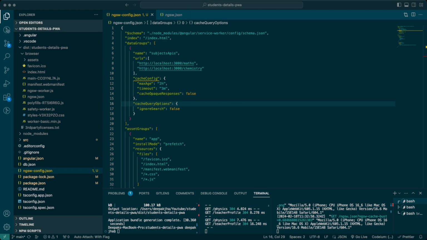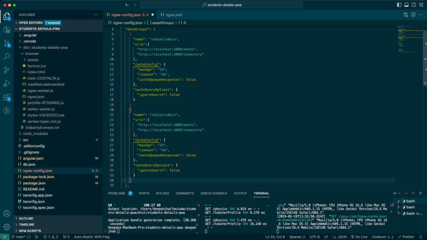Let me take you there. Now, if you notice again, it's a data group. Under data group, there is a subjects API. Let's say I were to duplicate it into another one. So let's say make it subjects APIs 2, save it, and let's say make it for